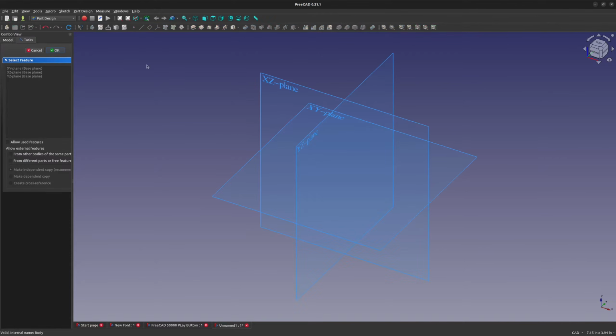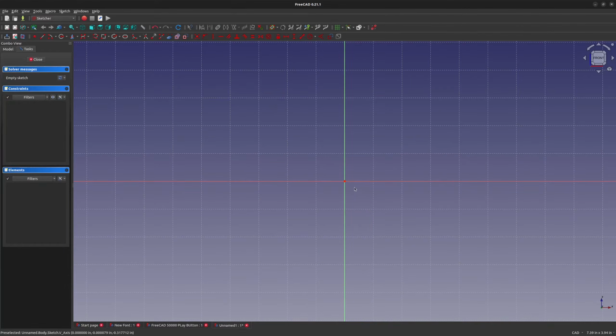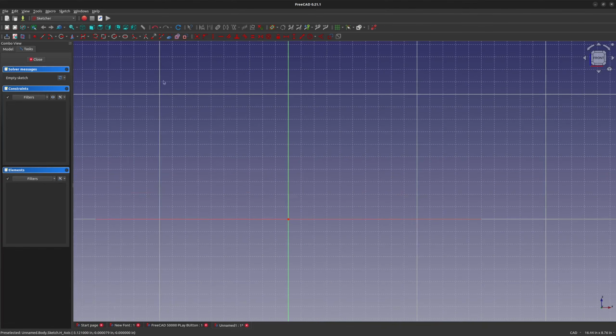So from here, I want to sketch this. I'll call my XZ plane, which is my front plane, the plane that the play button will face me. That could arguably be the top. There's a lot of different ways that you could set these things to be, but let's grab an arc here,